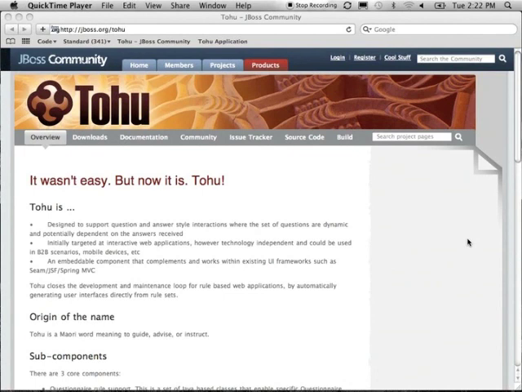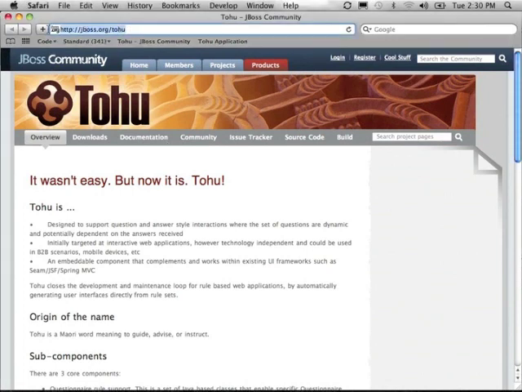Hi, this is the second screencast looking at the Tohu examples. So the first spreadsheet example we want to look at is the spreadsheet biology example. If we have a look at that user interface,